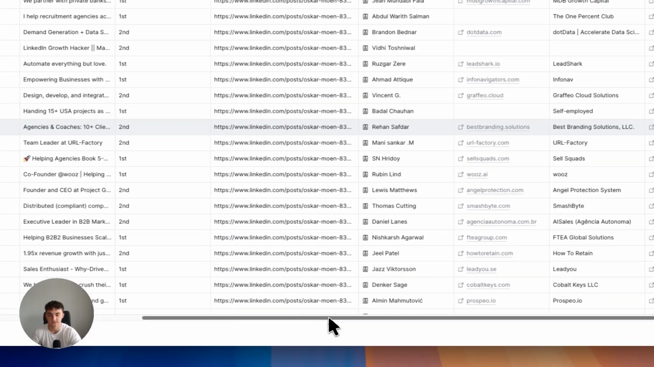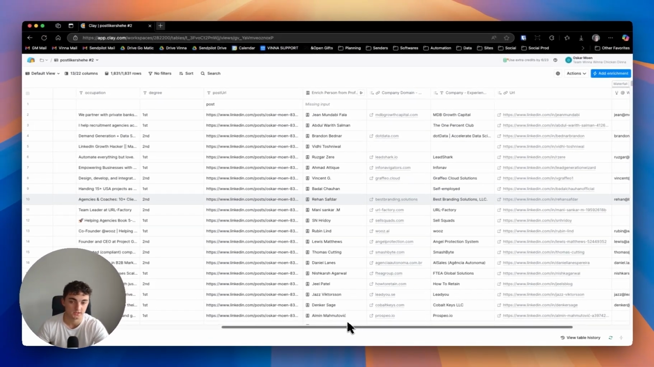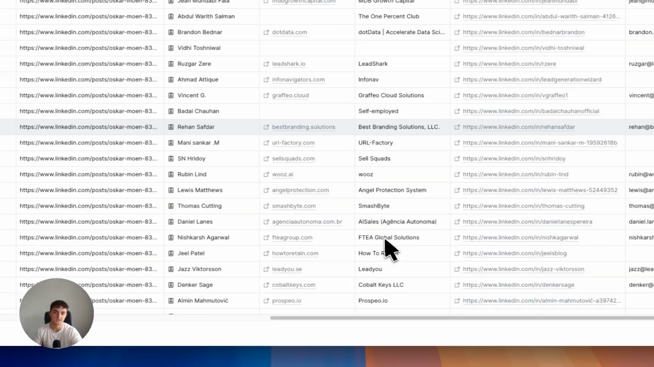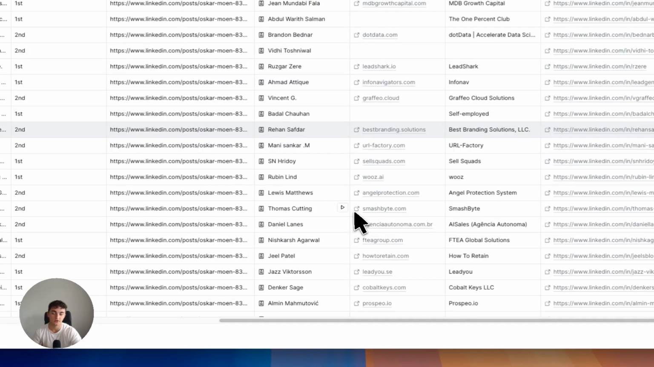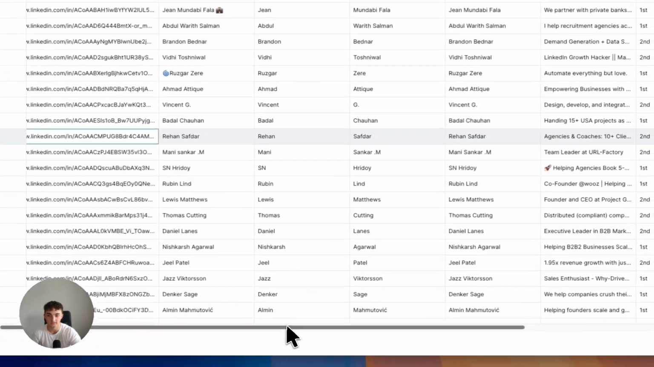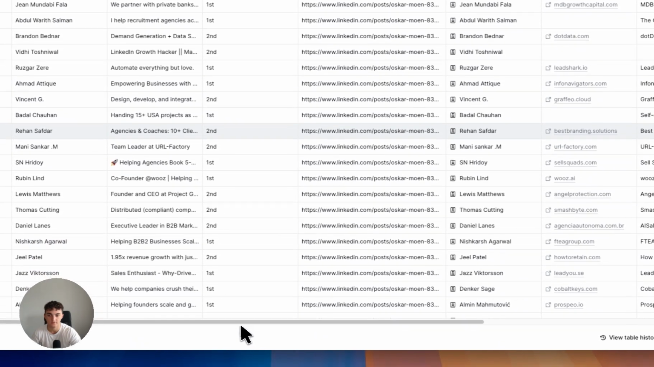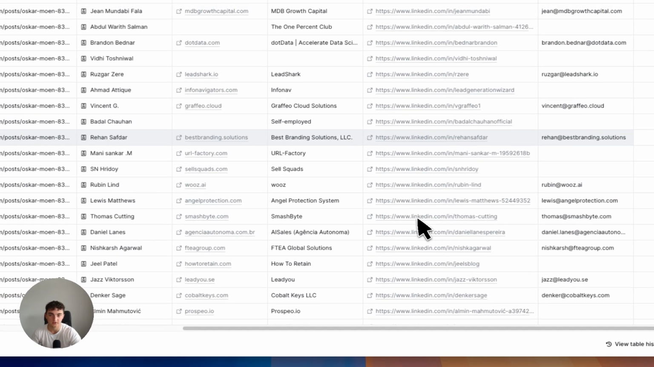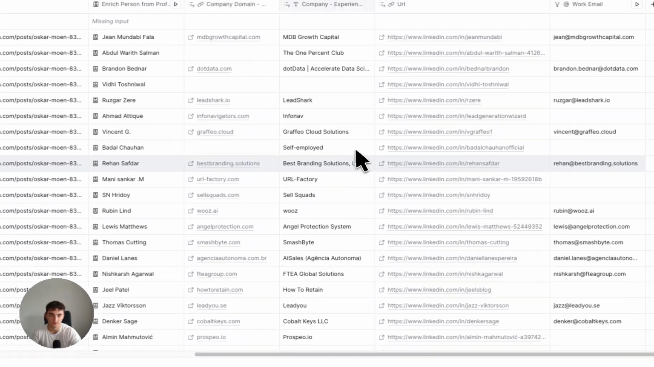You won't get that from this enrichment because SendPilot doesn't actually export the URL from the post. Yeah, as you saw in the lead list I showed you earlier, then I used enrich person from profile, and all this I got from enriching the person from the profile. So I used just a simple profile link with this enrichment to grab the first name, last name, occupation, degree, and all of that. I usually get the company domain from that as well, and what company they're actually in,